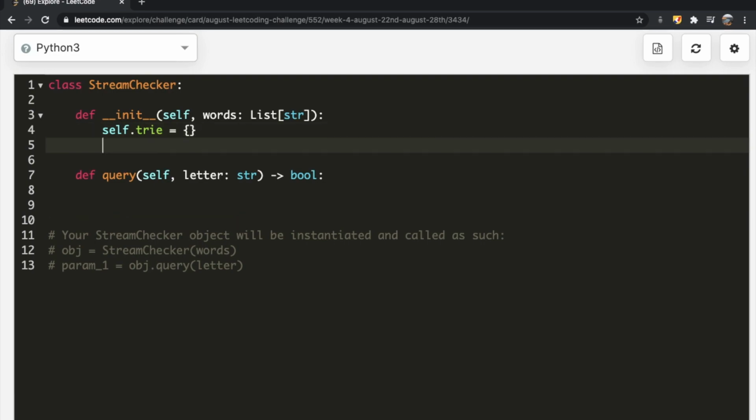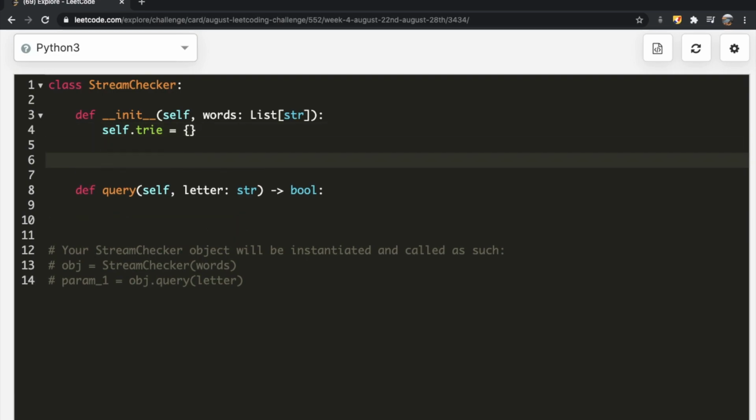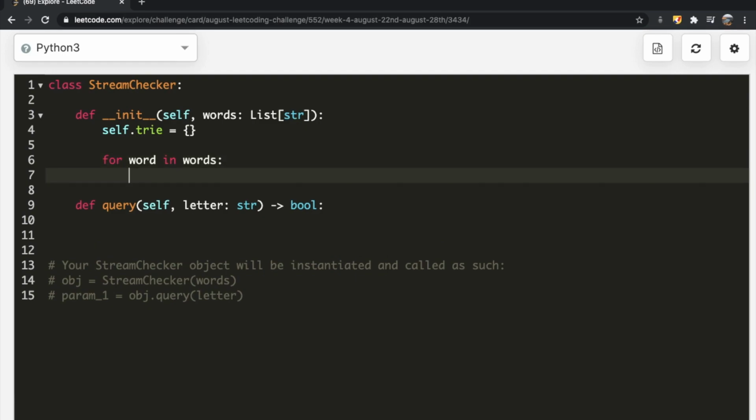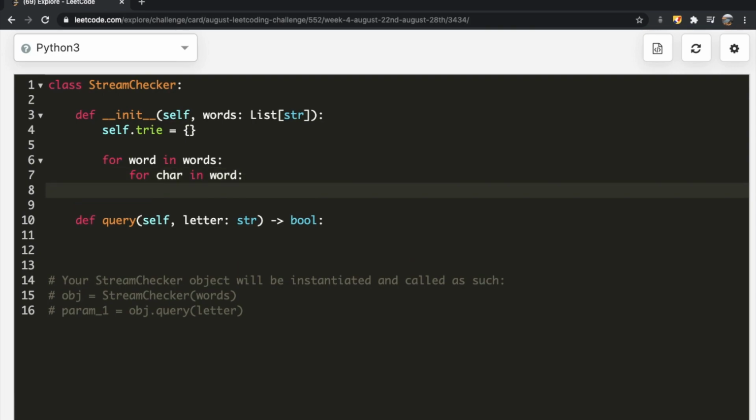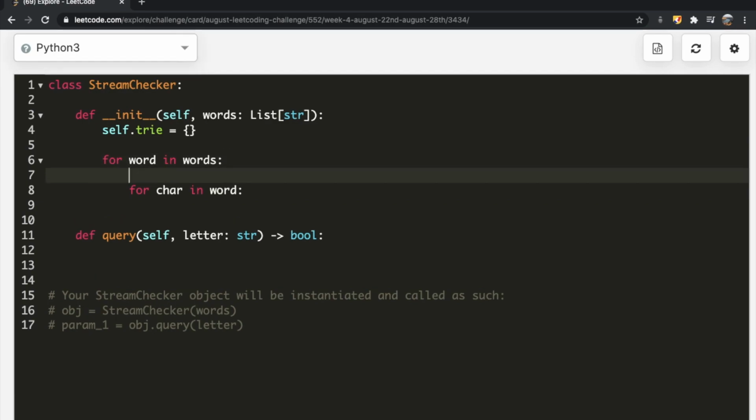Empty dictionary. And now what we need to do is iterate through each of the words. So for word in words. So now we're going through each of the words. And after that, to our trie, we need to add each of the characters of each word. So to do that, I'll just do for char in word. Okay, so now we have each character of each word. And right after our for word in words statement, we're going to have a node,